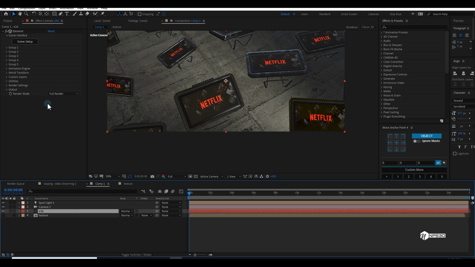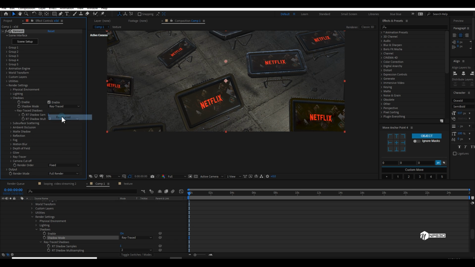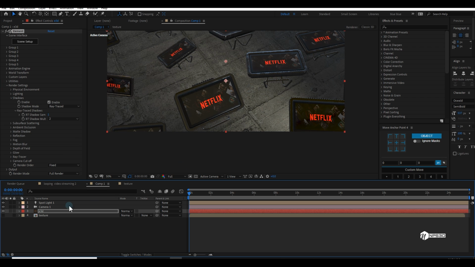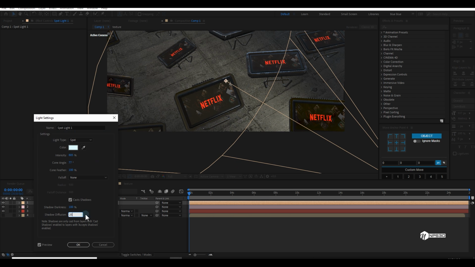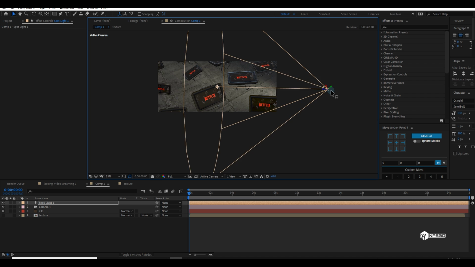So let's enable shadows, which will play a big role in our scene. So I will go to the shadows, enable shadows, and make it ray traced. You can't see because we made the diffusion 200, so maybe I'll make it 25. So you can see right now, you can change the darkness to 200. The only thing is to play and check it.